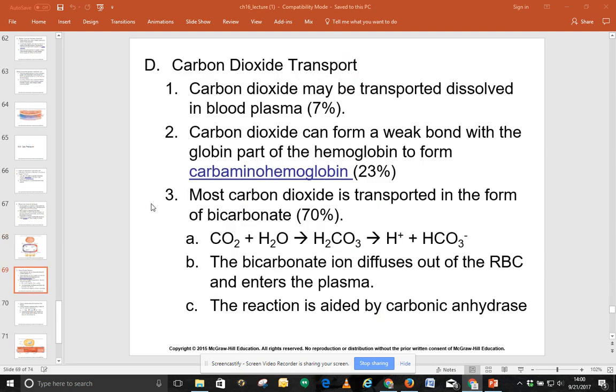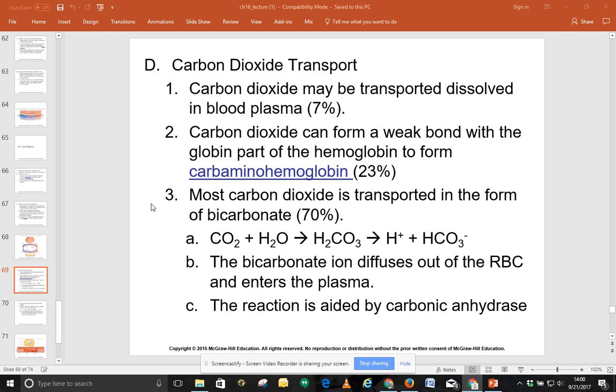Carbon dioxide may be transported dissolved in your blood plasma. So about 7% of the carbon dioxide coming out of your cells, that is basically a waste product, is going to be carried in your blood plasma. Carbon dioxide forms a weak bond with the globin part of the hemoglobin to form carbaminohemoglobin, which is about 23%. Sorry for butchering the word. Most carbon dioxide is transported in the form of